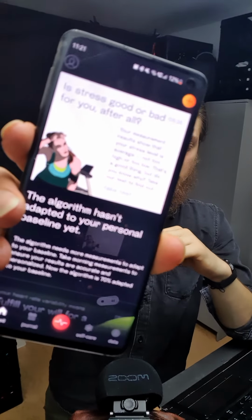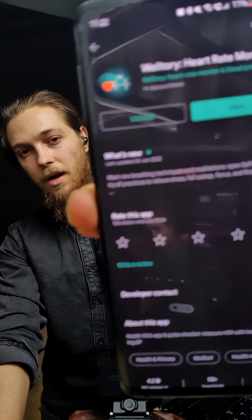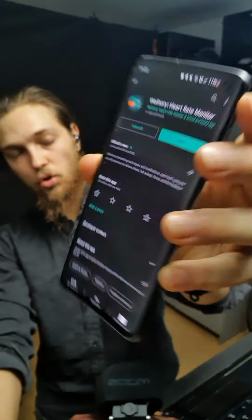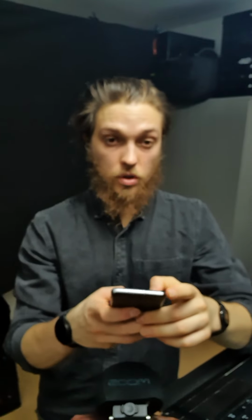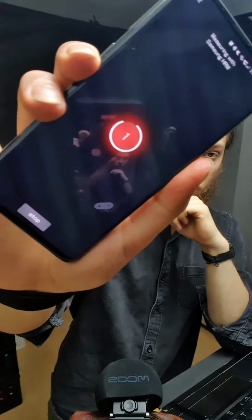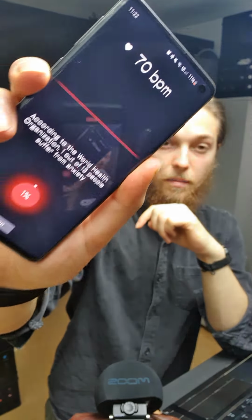So it turns out you can now, so this app called Weltory looks like this. I could also potentially show it in the App Store and the logo to you, but I also just realized just linking the thing would make more sense. So this is what the Google Play Store looks like. So now we open the thing up, and what we actually can do is we can start a measurement here in the middle, this red button, and then you can actually see that there are lights. And if I now put my finger on here, it actually measures my beats per minute